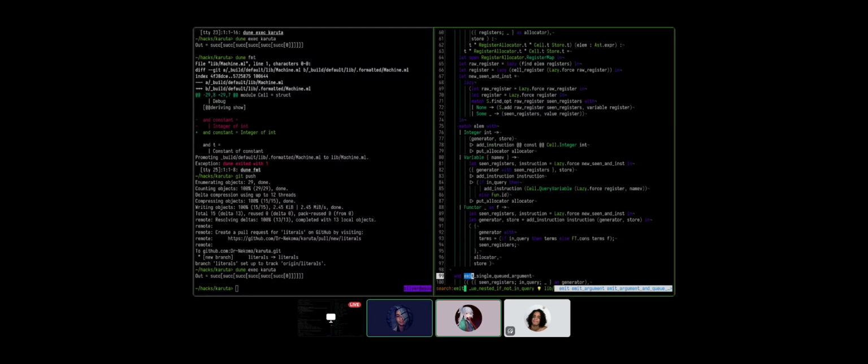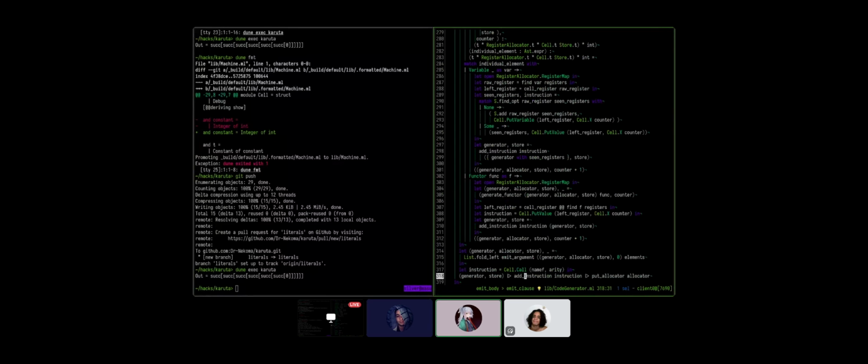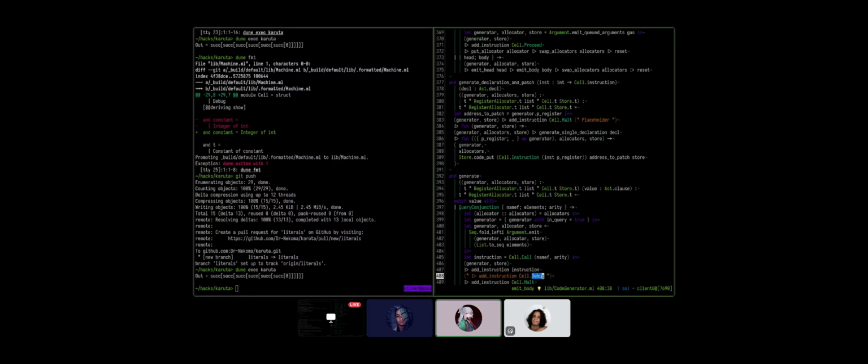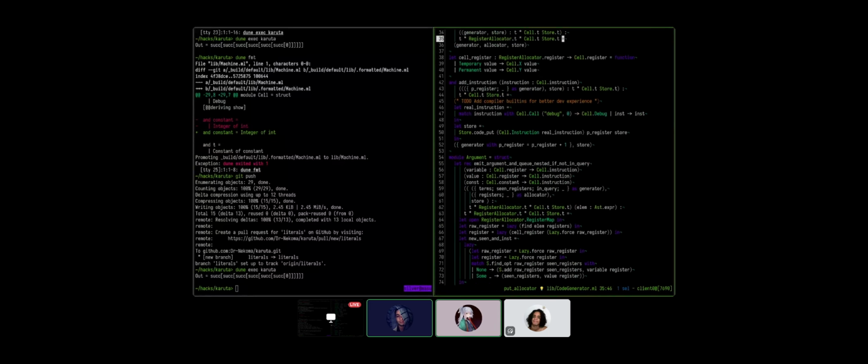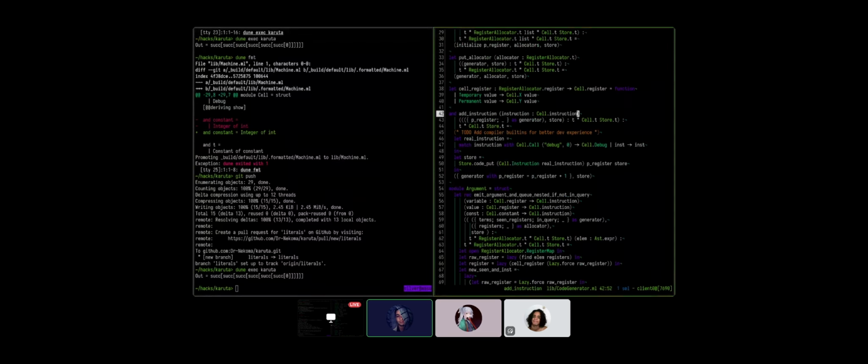We need to do a very similar trick. Emit, actually, let's search for call. Actually, let's search for debug. That's probably better. There we go. Yeah, here. Okay, so just break this, add more matches. That's it. If we're calling debug, we do a cell debug. Just break the line after the with, and let's start adding more matches. Okay, let's do that.